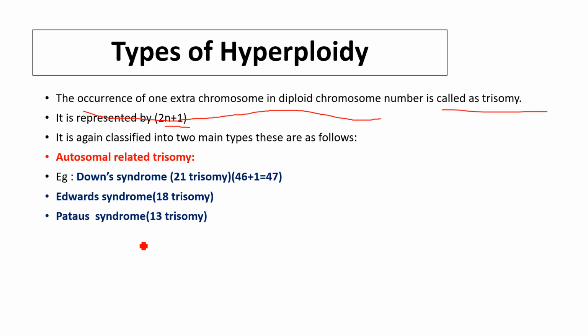These are genetic diseases, student. Remember that these are genetic diseases because of the addition or deletion of a chromosome. So this is the Edwards syndrome, which is called 18 trisomy. What are the symptoms of this disease? Down syndrome we are going to discuss in detail, and at that time I will tell you.